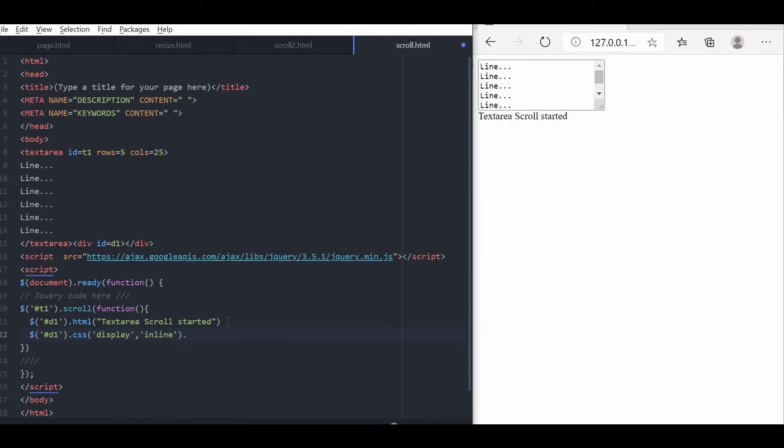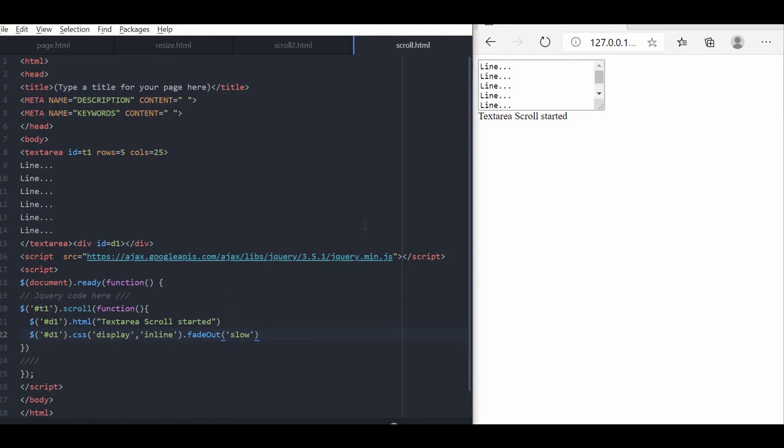What I will do, the effect is fadeOut. Note it is uppercase, the O is uppercase. Now I will slow it a little, because you can make it fast also. Let us slow it so we can understand the effect. Now the message will be displayed and immediately after some time it will slowly fade. So the next event also it can sense and tell us.